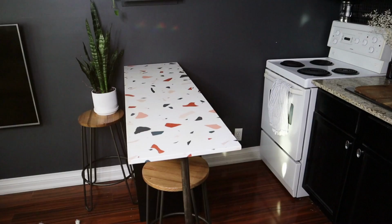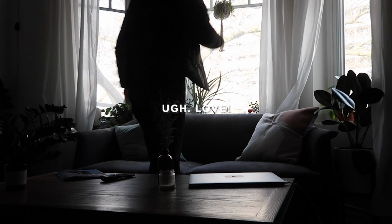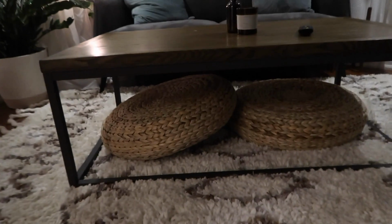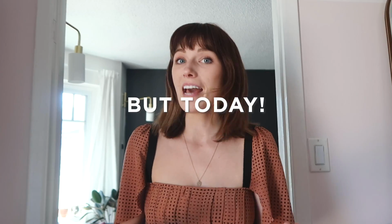I made this terrazzo inspired kitchen island thing for my kitchen. I also added a couple of pillows that I bought online. Oh, love. And oh yeah, I bought these poof things that can work as footstools or extra seating. I just think that they're really versatile, so I wanted to pick those up, and I keep those underneath my coffee table. But today, we're gonna be focusing on making over my entire patio,